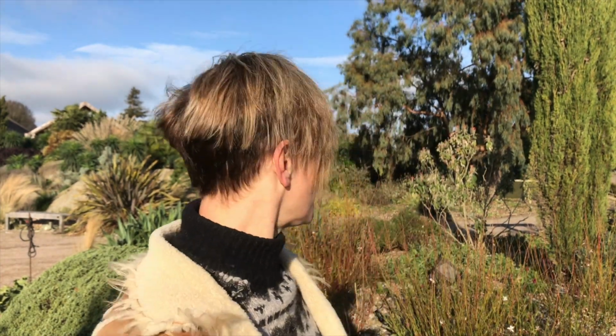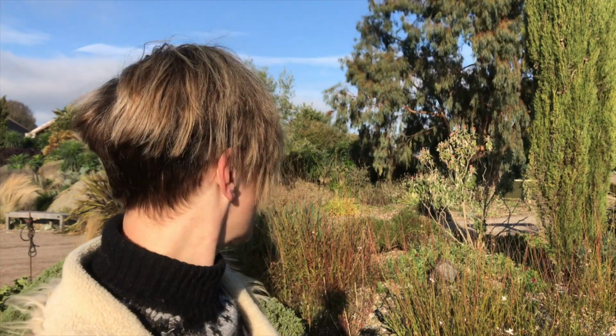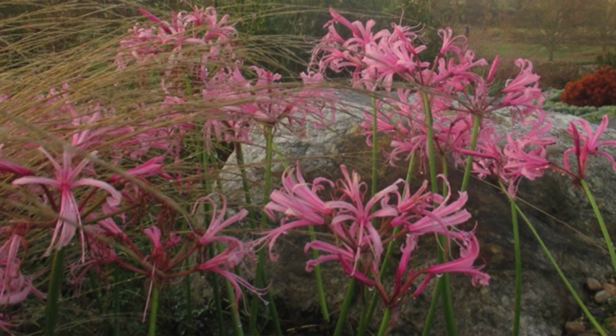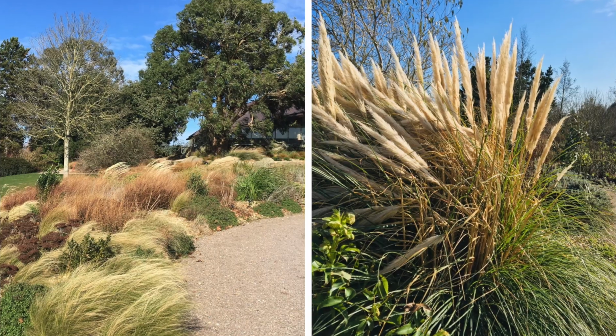This is essentially the transition between autumn and winter. We're due the first frost in the UK, in London anyway, tonight. But you can see there's still pips of colour. If you look at the gaura behind me, that is shining gorgeous colours in the sun, very red. We've got some Nerine bowdenii over there, the spider lily, some pinks. There's still a few odd blossoms, but at the moment we're relying on the grasses for interest,